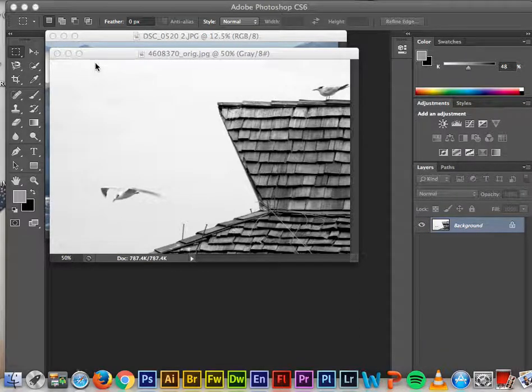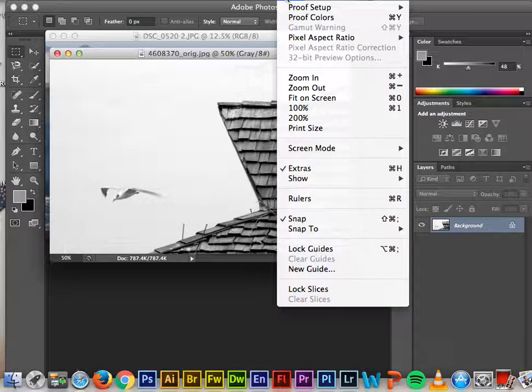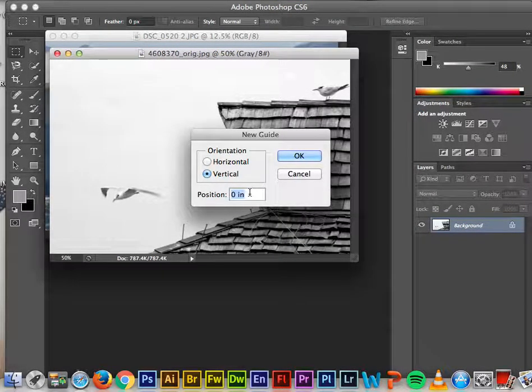In this tutorial, I'll be showing you how to create a grid as one of the panorama options. So step one, we're going to need to put in some guidelines like we did in the mirror project. So we're going to go to View, New Guide, and then I'm going to start off with 25%,